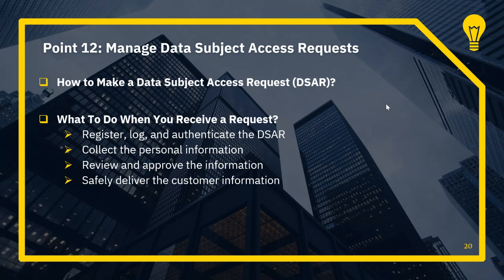Let us look at a few steps to undertake on receiving a data subject access request. Firstly, companies need an easy way to receive, log, and authenticate the DSAR and to automatically notify the person and company leads. The second step is to assign and manage the collection of information, usually from multiple data stores with multiple owners or managers. Then, it is necessary to review the request and the personal information and also ensure that you are delivering what is required to the right person. Finally, personal information needs to be delivered to the right person in a secure way.